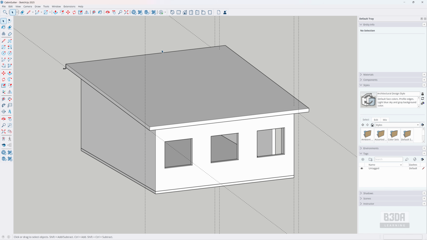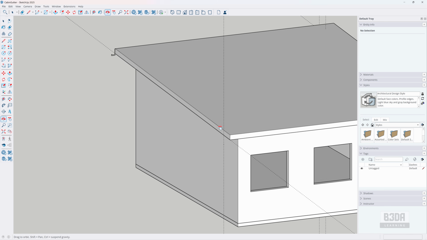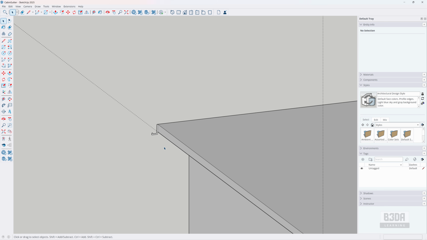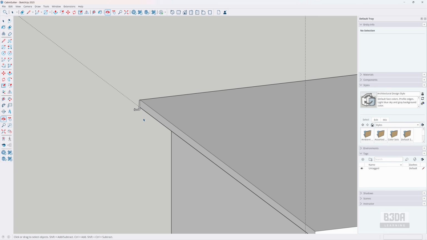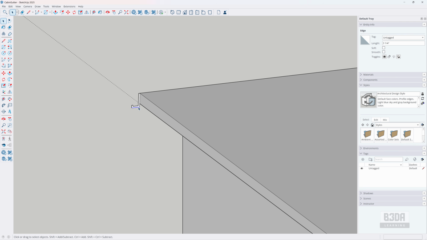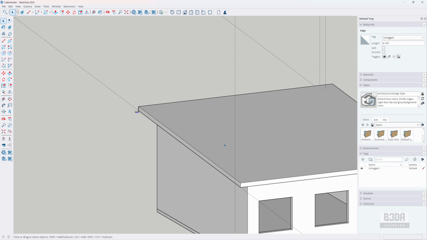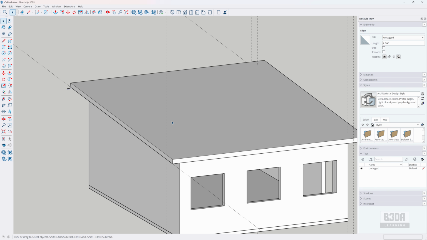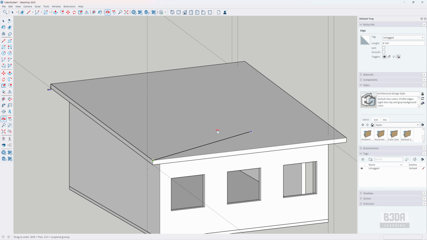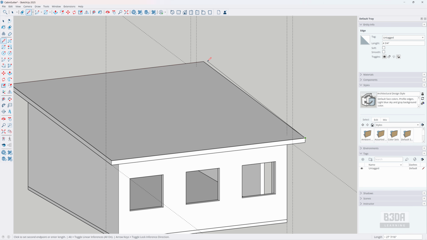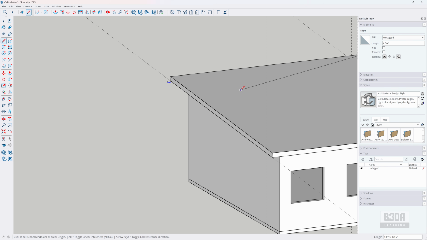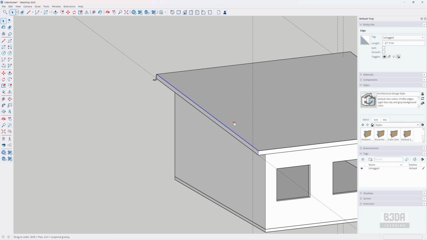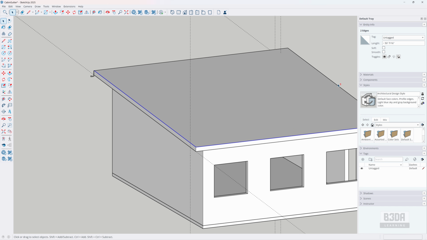Let's take a look. I have this model here which has a profile. This is, of course, SketchUp. I have this profile here to create something like a gutter in this roof, and if you are not familiar with the Follow Me tool, you just need to draw a profile or a path over this roof, and if you select the edges, let me press and hold the shift key,